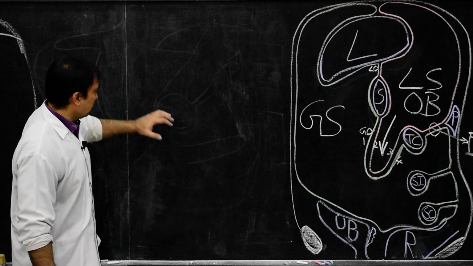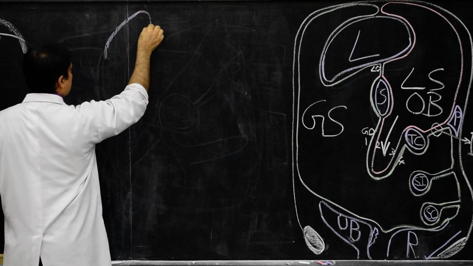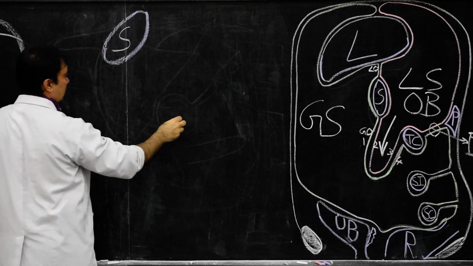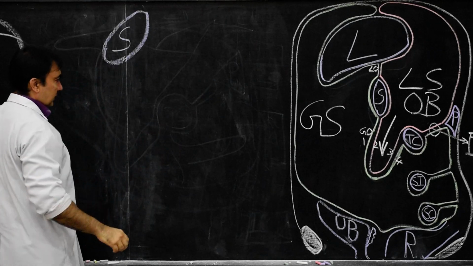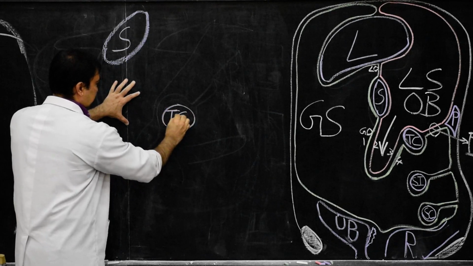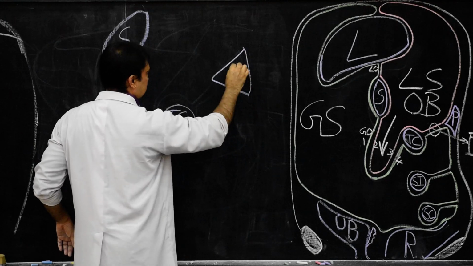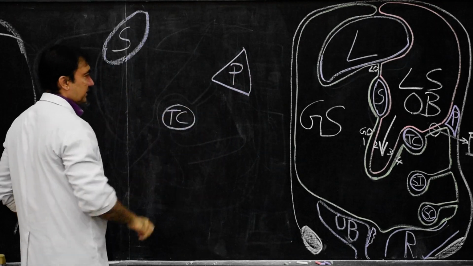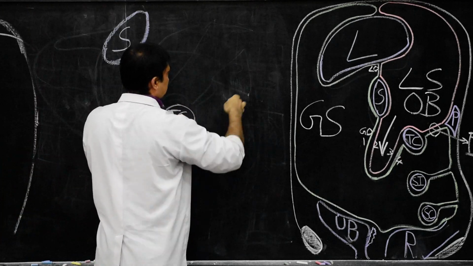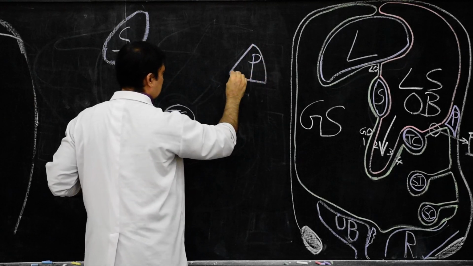So in intra-embryonic life, if we simply show that this is the stomach, over here we show the transverse colon, and we show the pancreas. This is where we show the anterior border of the pancreas. Now this pancreas will show more on the posterior side. This is the pancreas, so this is how the anterior border is there.